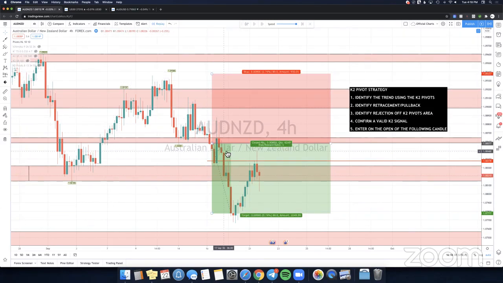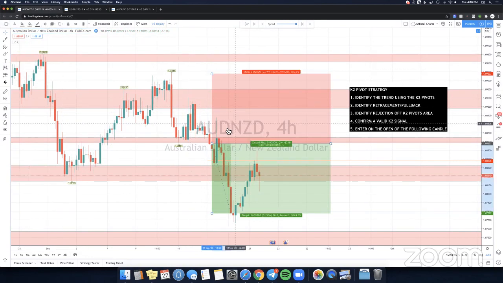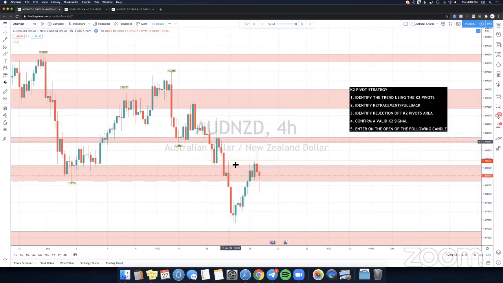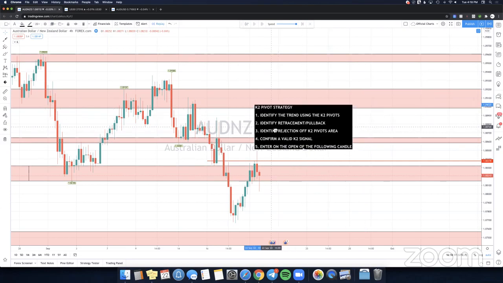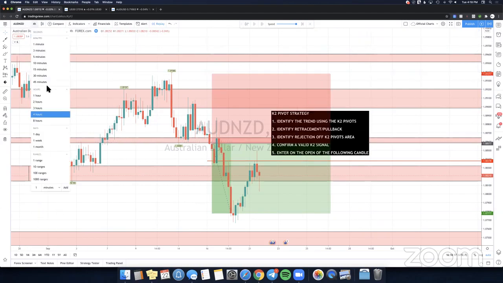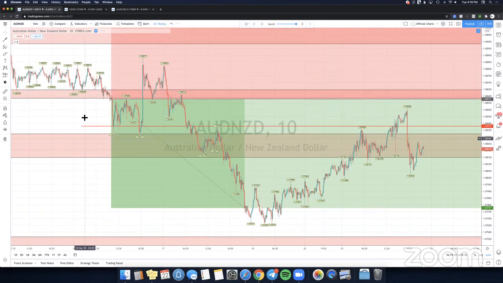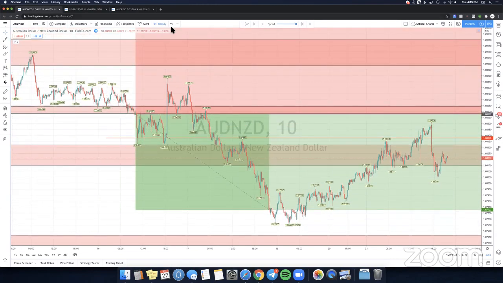If you like to swing trade, then maybe this is perfect for you, where you can pretty much just set it and forget it. But if you want to scalp, you can always go to the lower time frames. So this is the 4 hour, but you can use this again on the shorter time frames if you want to scalp. So if I go down to like the 10-minute, you could apply the same exact strategy here. We could even rewind it to that point,